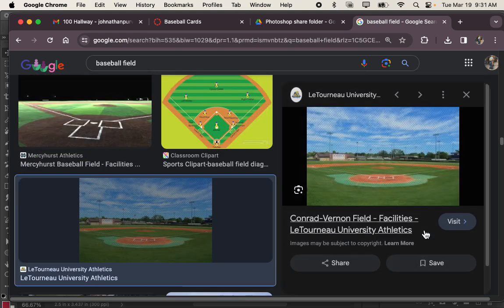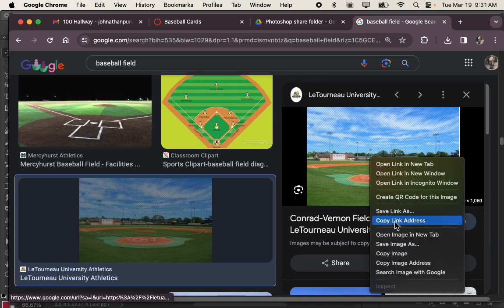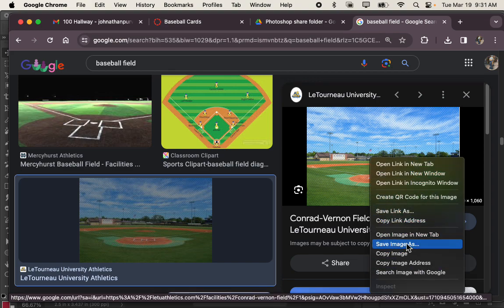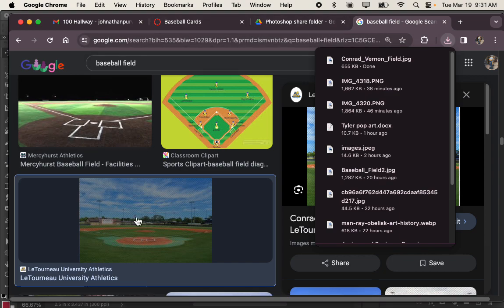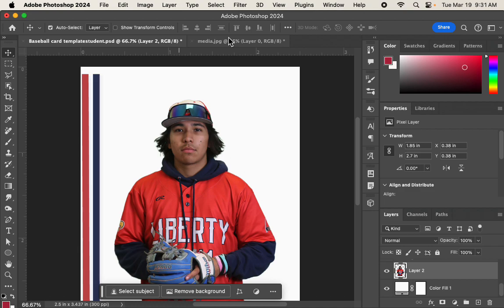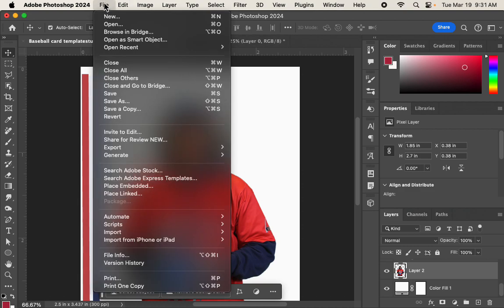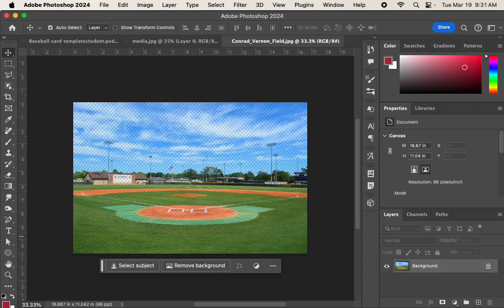Maybe this one here. That one looks good. So I go to that, right click, and I'm going to save my image as in my downloads. And I go back to Photoshop and do the same thing I did here. So I'm going to go to File, Open, find that in my downloads, open her up,